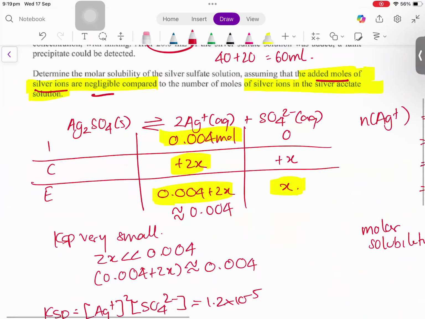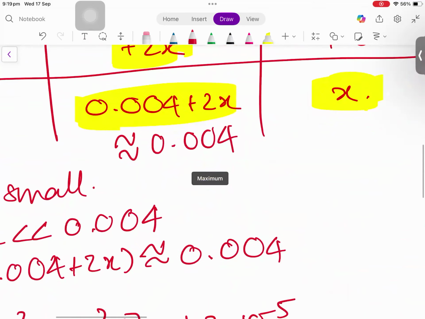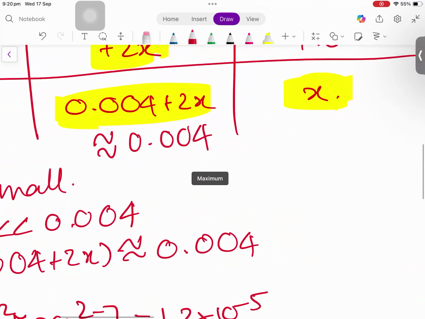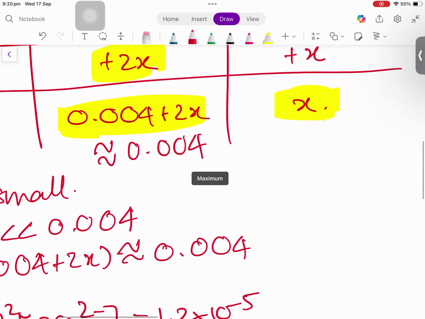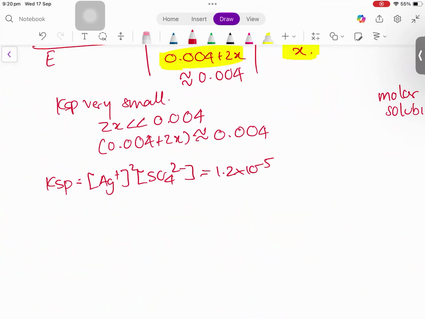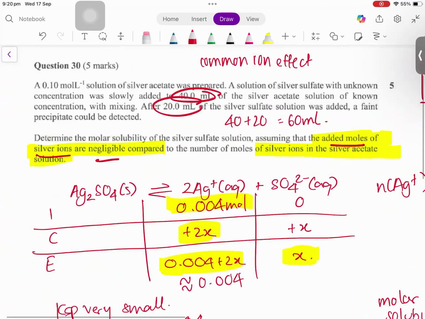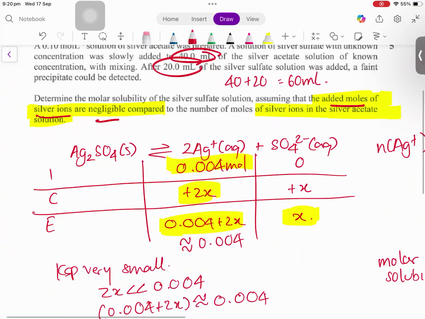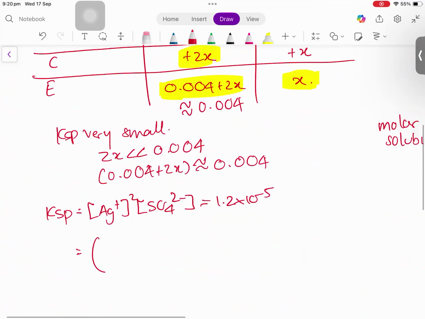All right, so these numbers here, this 0.004 plus 2x with the x, that's all at 60. Okay, so when I pop it into the equilibrium expression, it's going to be moles over volume, and the volume is going to be the total 60 mils now that I'm done with the reaction. Yeah, so it's going to be